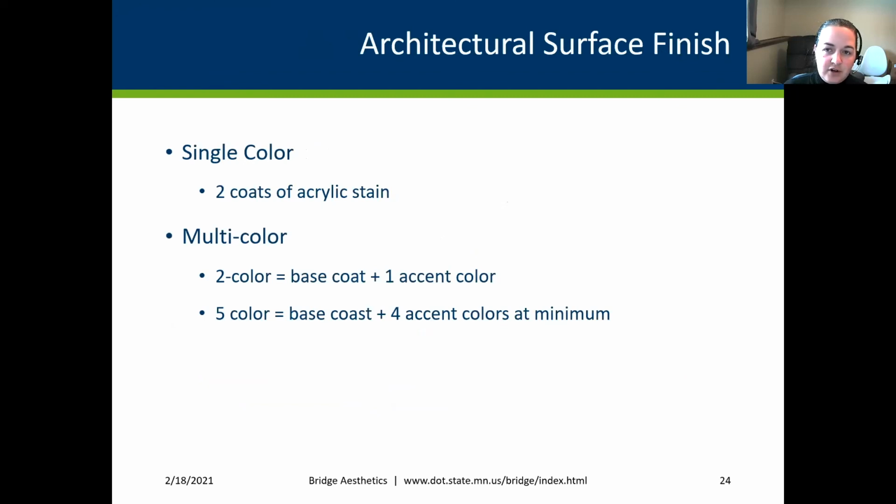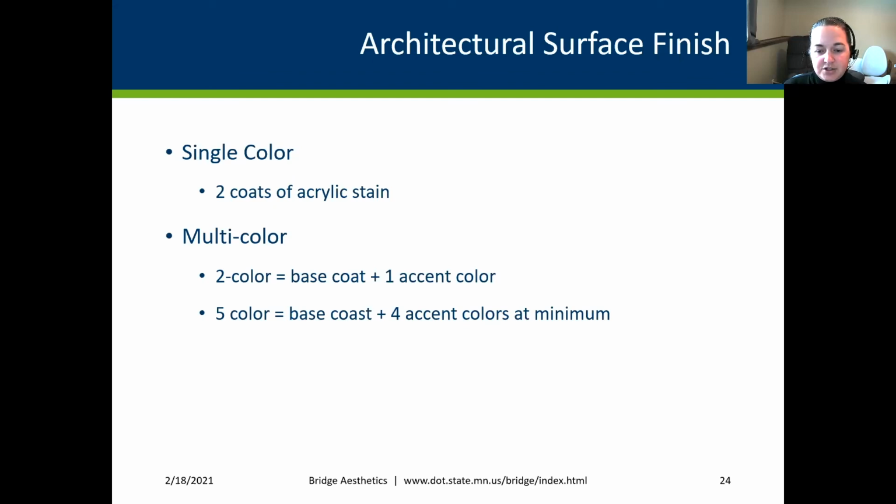We also do architectural surface finish and special surface finish, and people get really confused on these things. So the way that I always think of it is architectural surface finish goes on architecture. Special surface finish goes on everything else. So architecture being those textures. So architectural finish and special surface finish have different textures to them. Architectural is very much like a paint, like the paint you would use in your house. It's very thin. Your special surface finish is very thick and it has a texture to it.